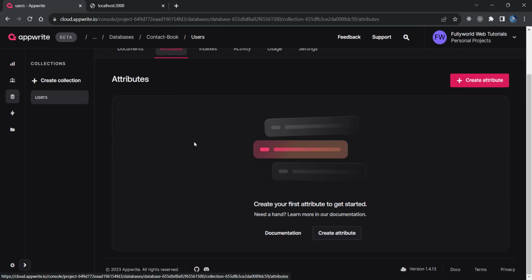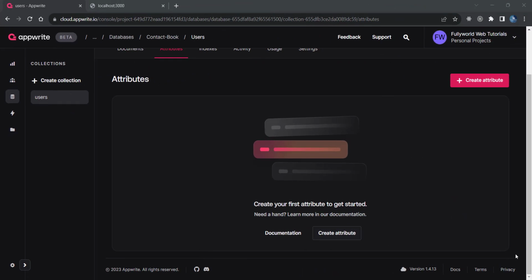So what are the attributes? So attribute is just like a schema or model you create. So it's good to add the attributes here. So now let's add some attributes here. So here we are going to add 5 to 6 attributes. So as we are creating a contact book of users, so here will be only 5 or